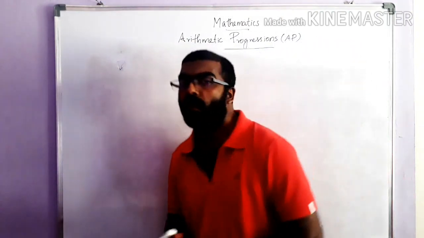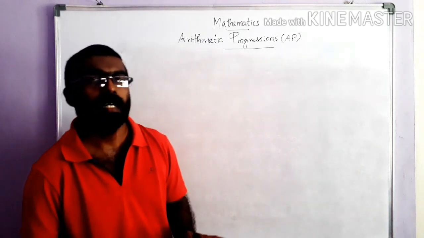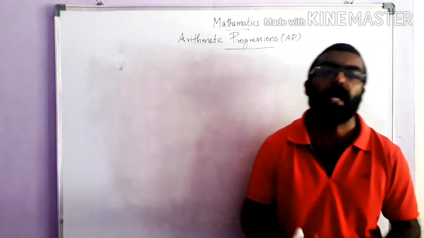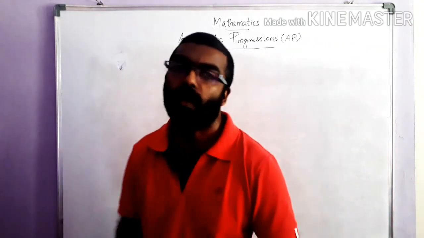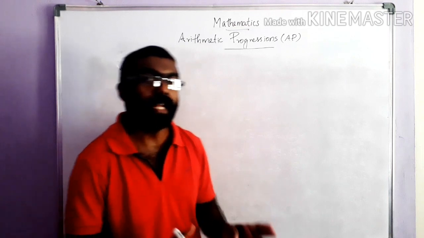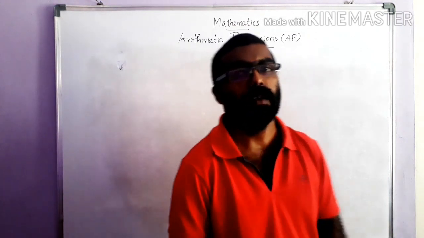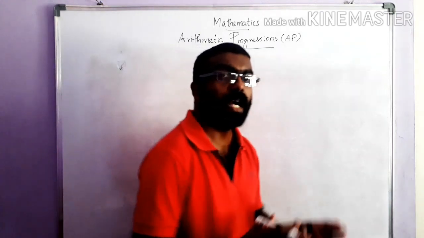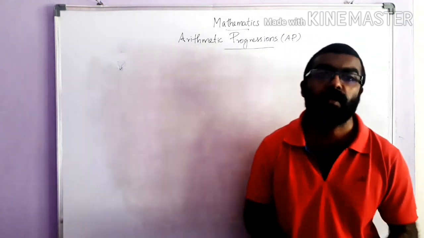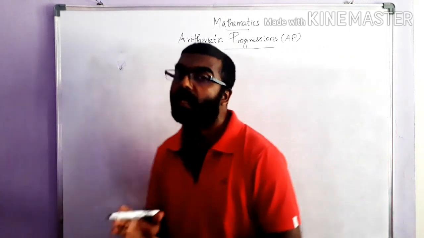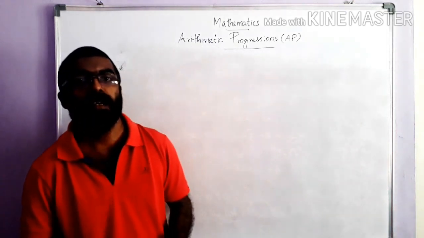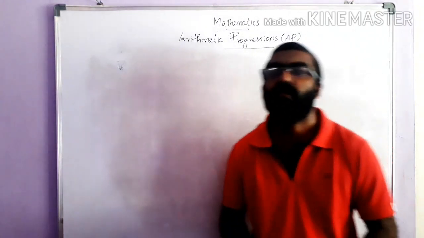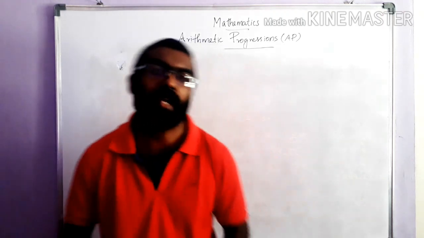And what is the general form of an AP? It's nothing but a, a plus d, a plus 2d, a plus 3d, a plus 4d, and so on. Okay, and the next one is finite AP and infinite AP. What is called finite AP? An AP which consists of a countable number of elements, a finite number of elements, is called finite AP. Otherwise, it is called what? Infinite AP. Okay. And you have seen some examples of arithmetic progression in our nature and day-to-day life.